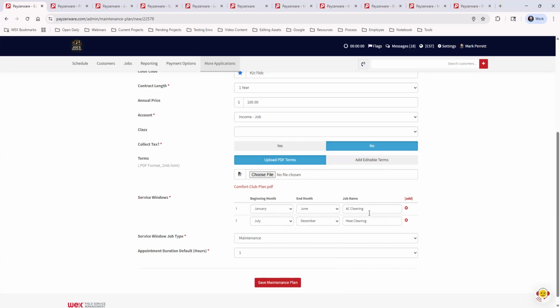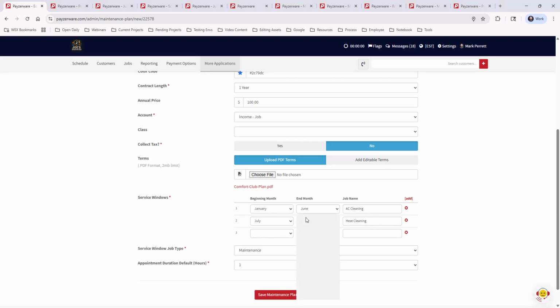Maybe you are working with a commercial customer where you have to go and exchange their filters once a month. You can add as many service windows as you want, and you could even do a January to January, February to February, and you are having a visit. And maybe this is just visit 1, visit 2,